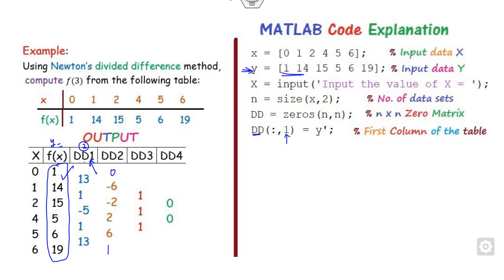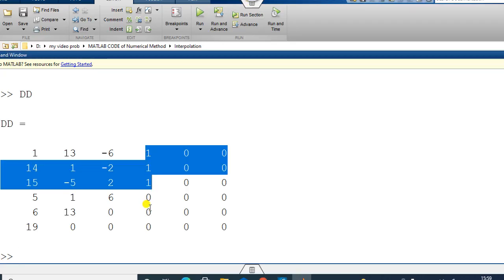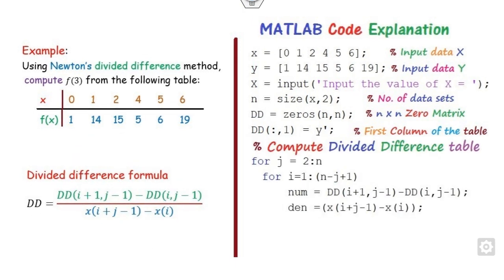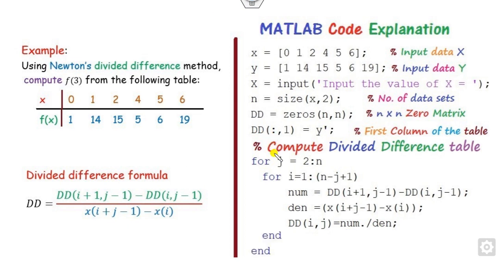1, 1, 1, rest are 0. This is 1, 1, 1, rest 0, and all others are 0. So based on this you can construct the divided difference table. Now the second step is, after computing the divided difference table, your target is to find the value of f